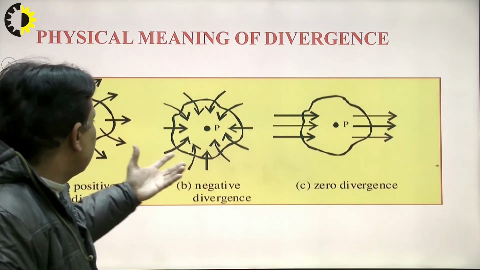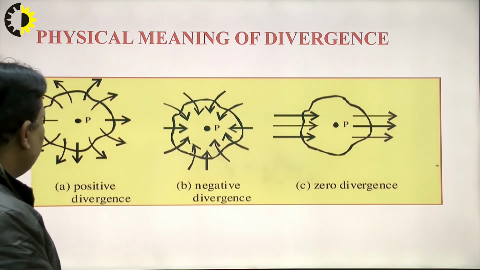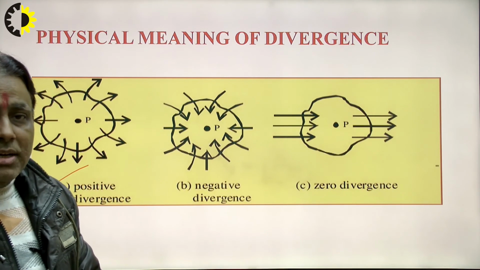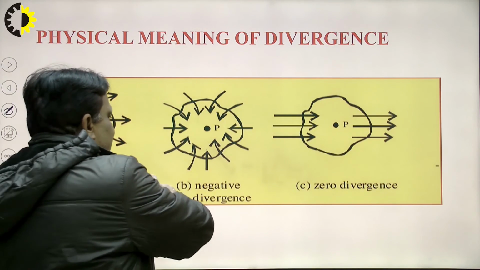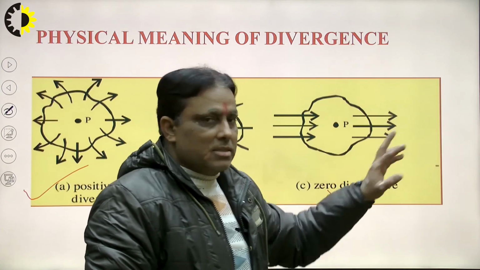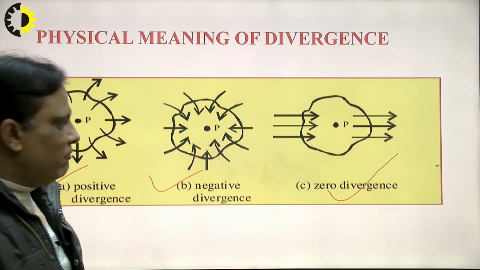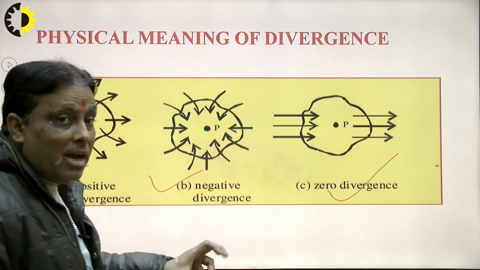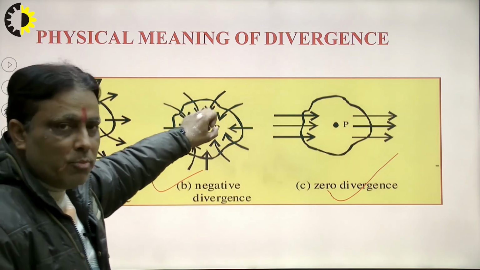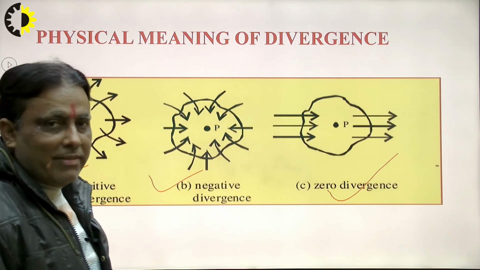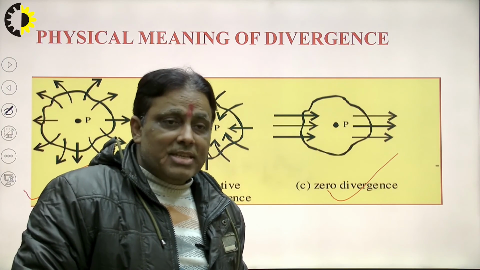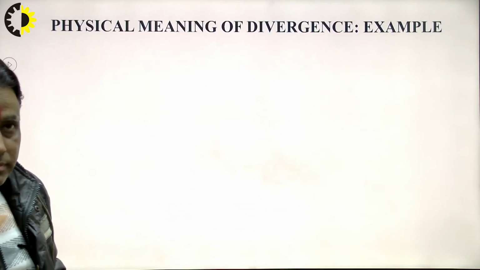Suppose I have given the example, right? That is known as positive divergence, and that is known as negative divergence, right? And that is known as zero divergence, right? Suppose a communication system, one person communicates to another person, that is the tower, right? And that is the satellite communication system, right? Suppose negative divergence. In this way we can find out negative divergence and positive divergence.